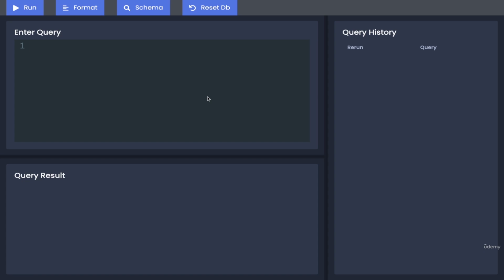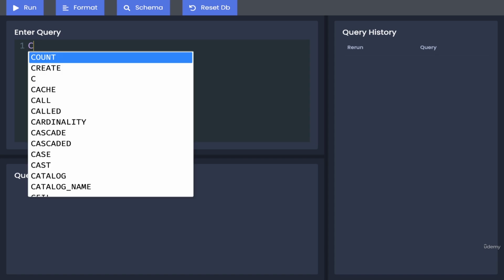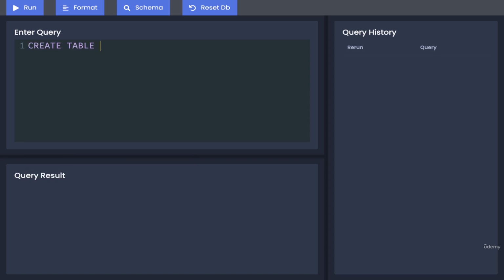So let's get typing right away. I'm going to write out create table, and then the name of our table, which in this case is cities. I'll then put in an opening and a closing parenthesis with a semicolon at the very end. Then inside of these parentheses, I'm going to write out the 4 columns that we want to create inside of